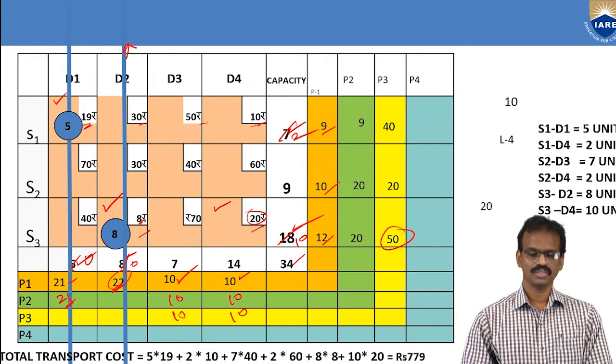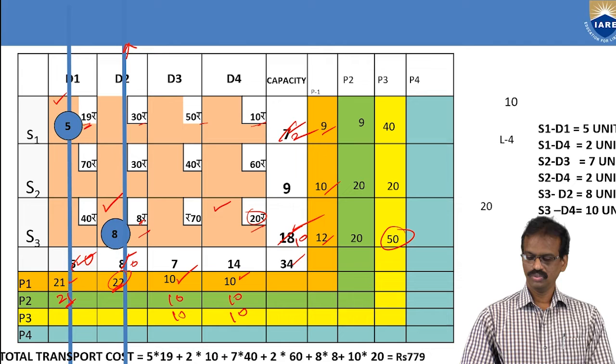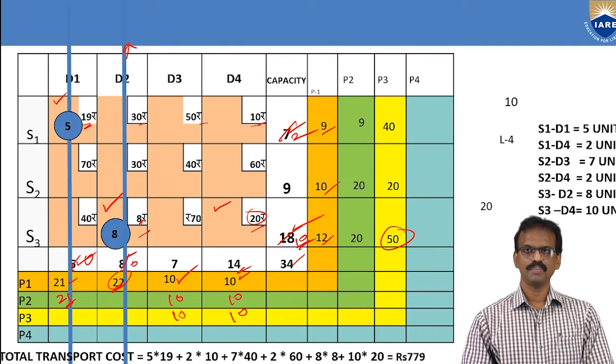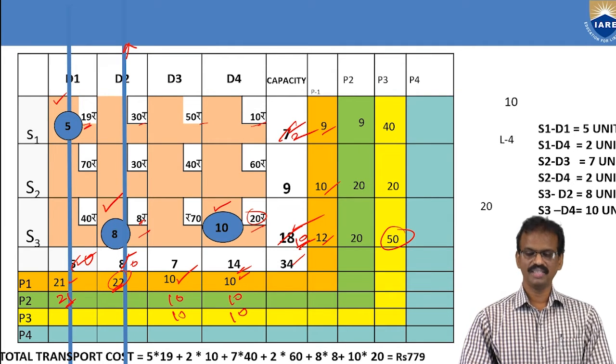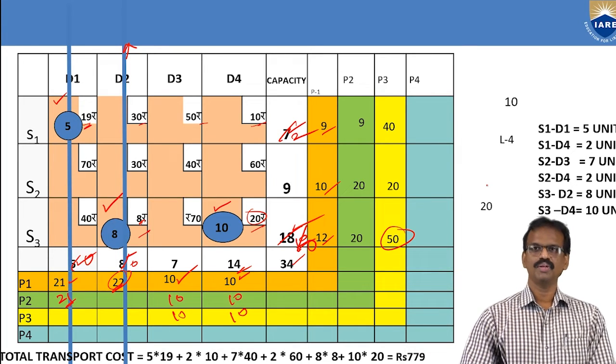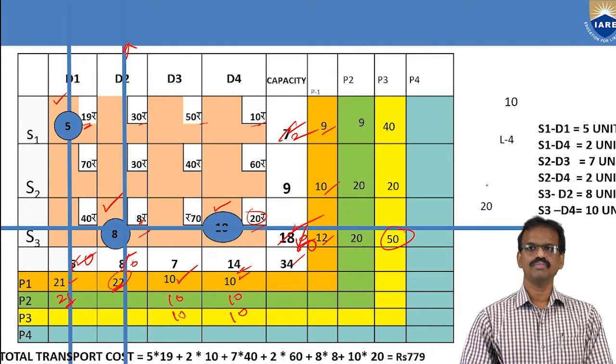Okay, lowest shipping cost. Then you have to allocate this one. For the allocation here, 10, here 14. Which is minimum? 10 is minimum compared to 14. Then you have to allocate 10 here. If you allocate 10 here, this 10 will be cancelled, will be 0. Then the total row will be cancelled.